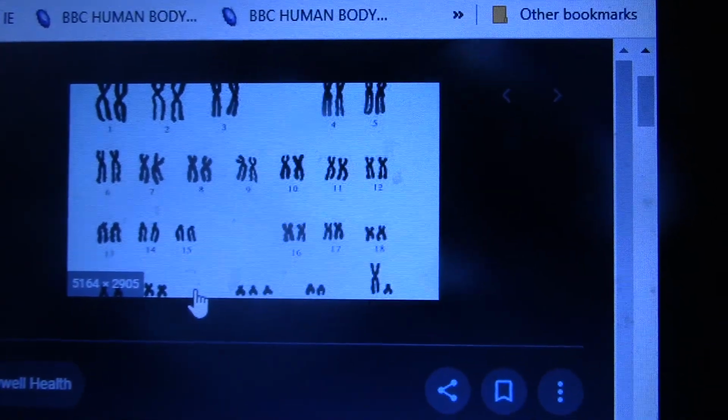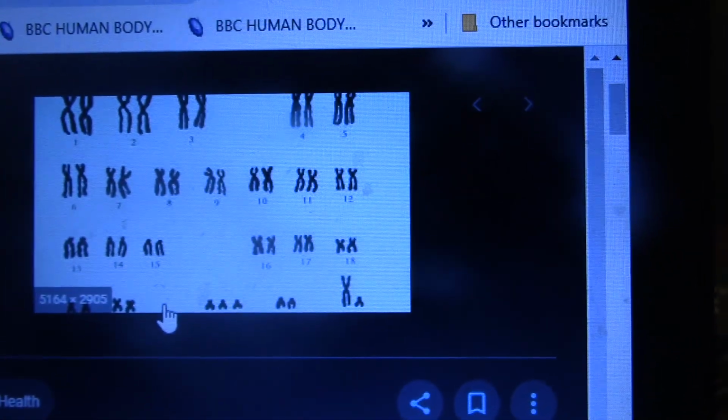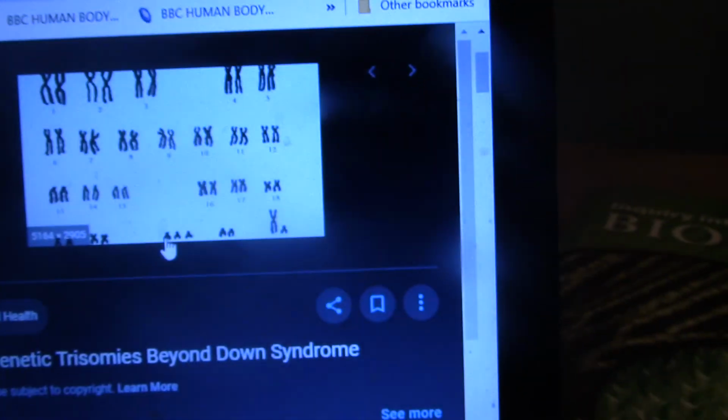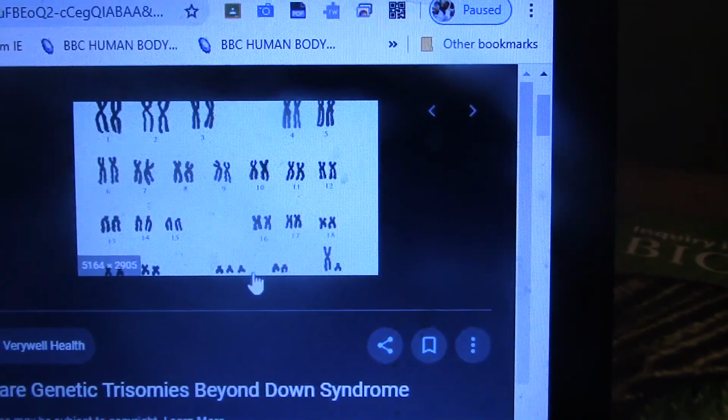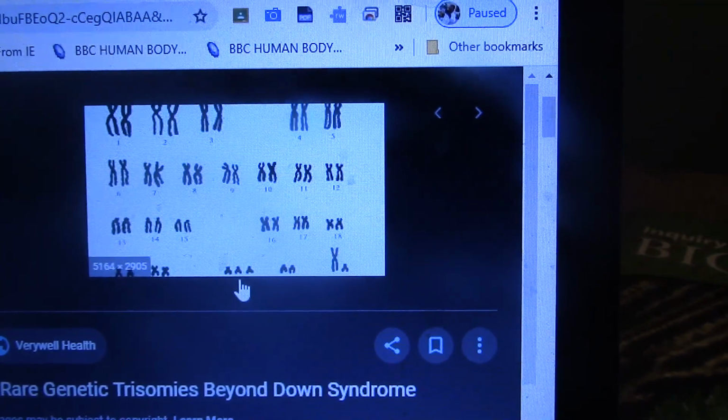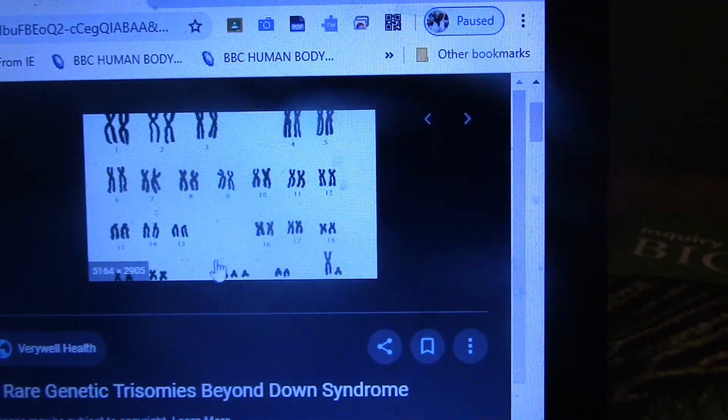With Down syndrome, there's actually not 46 chromosomes. There's 47. And if you see here, that's chromosome pair 21. There's actually an extra chromosome there. So there's been non-disjunction or uneven chromosome splitting. So an individual